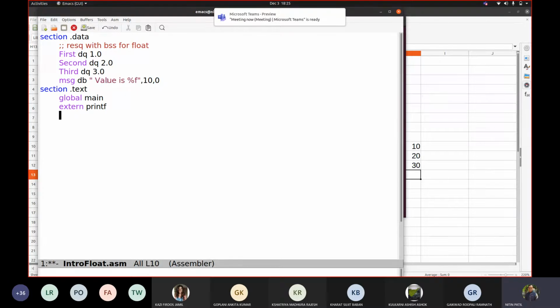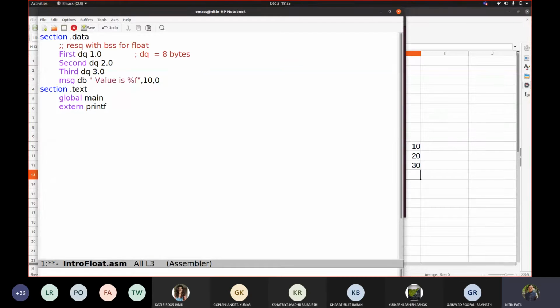But now, how many bytes do you have here for this particular number? You have totally 8 bytes, correct. So DQ means the number of bytes is 8.